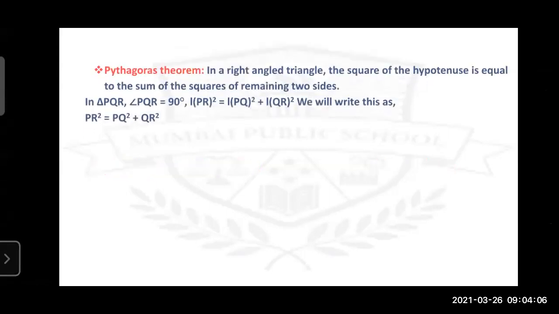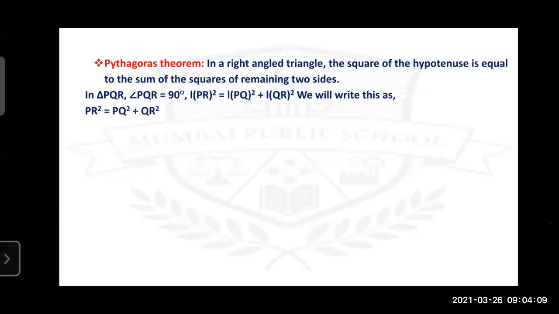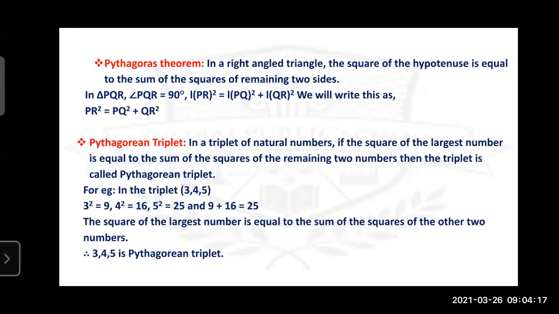Now, the second chapter, we discuss the second chapter, that is the Pythagoras theorem. Okay. Again, this is a very simple chapter. So in this chapter, first we see the theorem, that is the Pythagoras theorem. For the Pythagoras theorem, we construct a right angle triangle. So if we construct triangle PQR and angle Q is equal to 90 degrees, then the side opposite to 90 degrees is always called the hypotenuse. So hypotenuse square is equal to one side square plus the other side square. Okay.